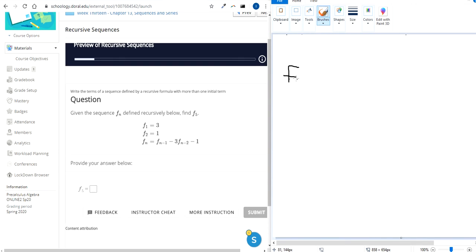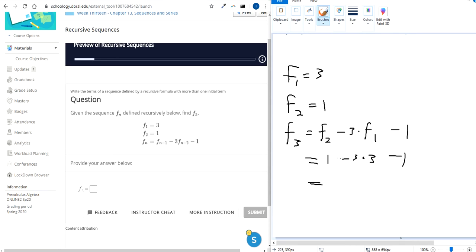So we have f sub 1, the first term, is 3. The second term is 1. So to find the third term, whoa, computer's going wacky. To find the third term, you take the previous term and the term that was 2 terms back. In other words, we're going to take f sub 2, you don't necessarily have to write this out every time, and subtract 3 times f sub 1, and then subtract 1. So if you just plug in those numbers,